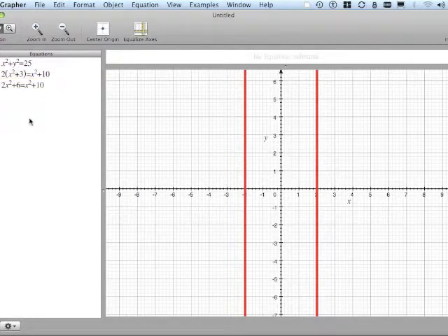And so basically, if these two steps are equivalent steps, then the graphs should be right on top of each other. All right, and it appears to be that way. All right, going on, they might now subtract x squared from both sides. So their next step might look like